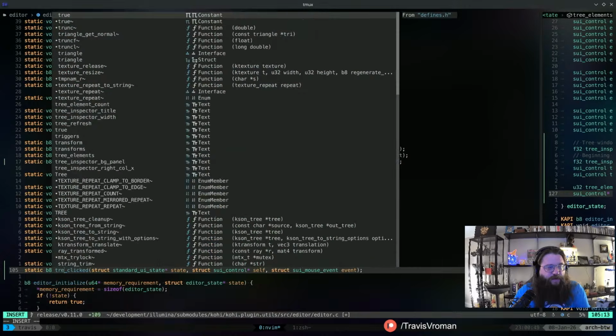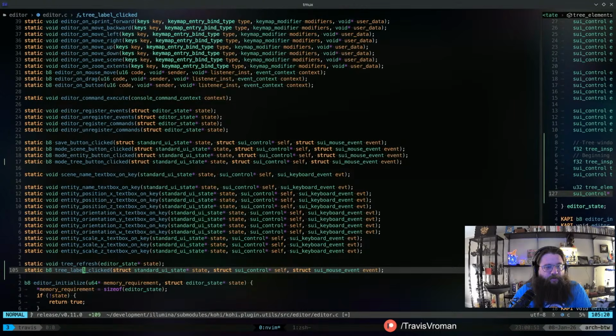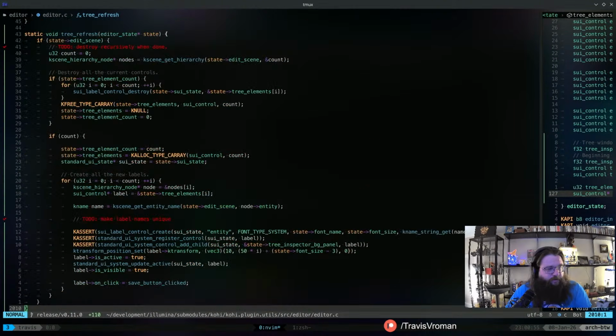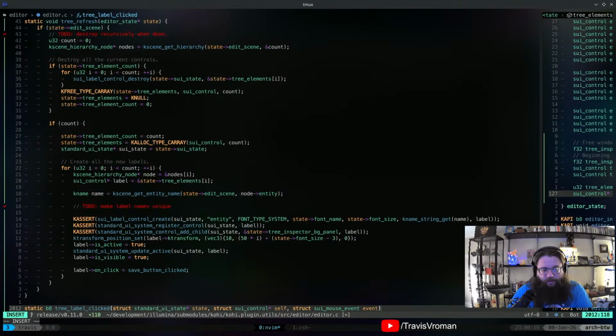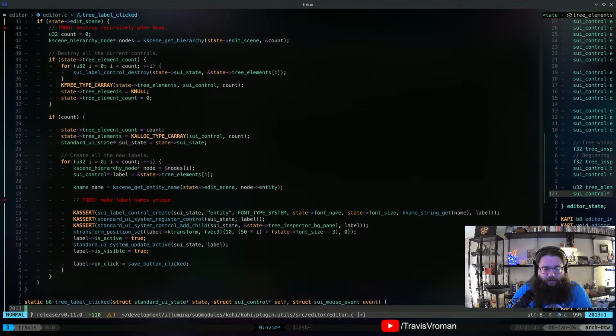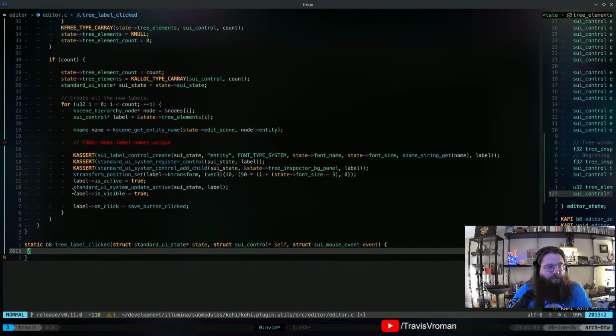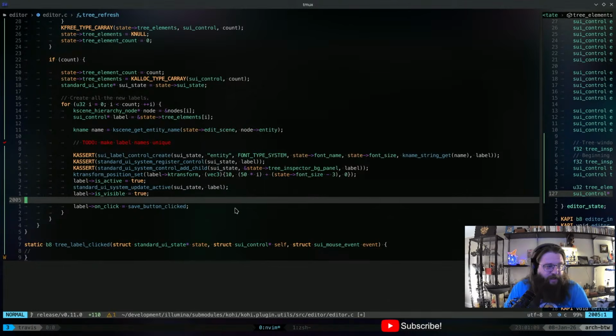I guess we'll do tree label clicked, right? And so we'll go to that. We'll define what that looks like in just a second. We'll just write something out for the time being.